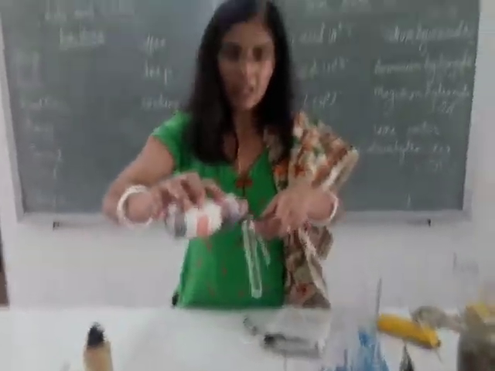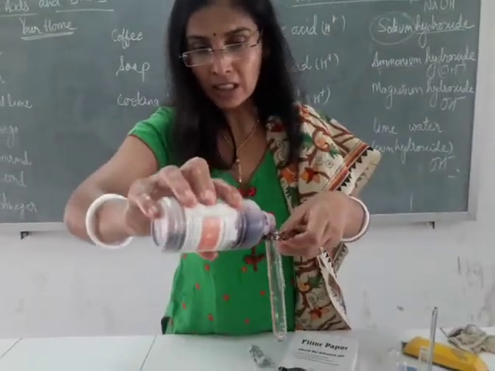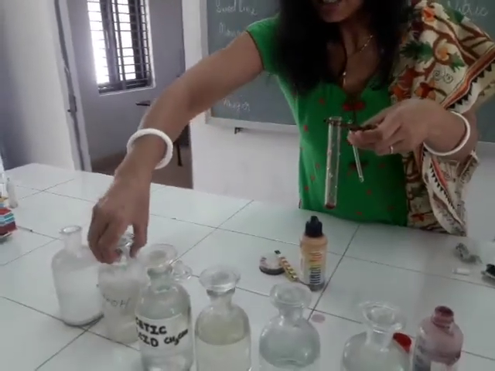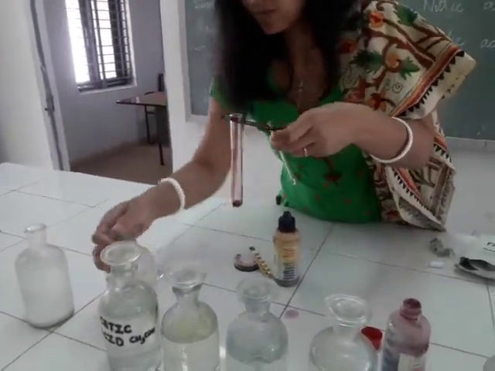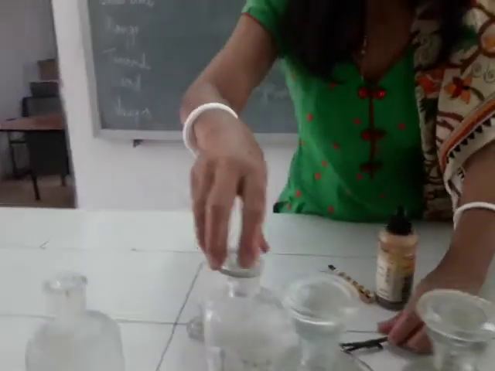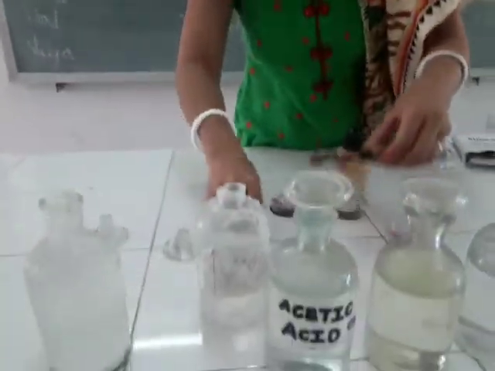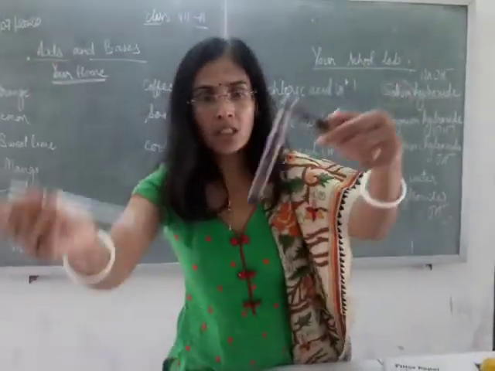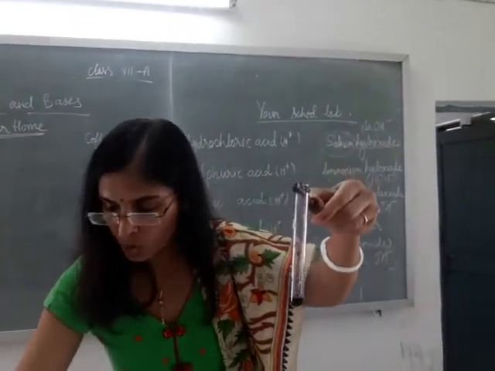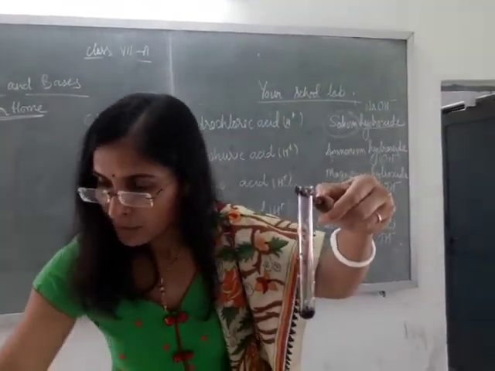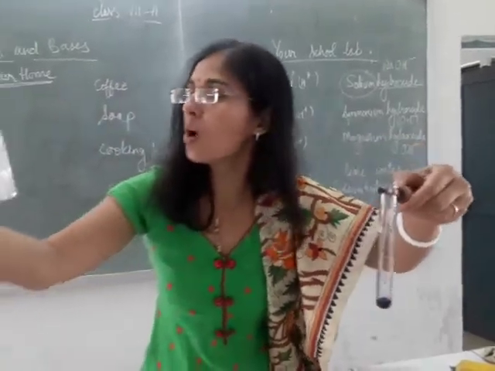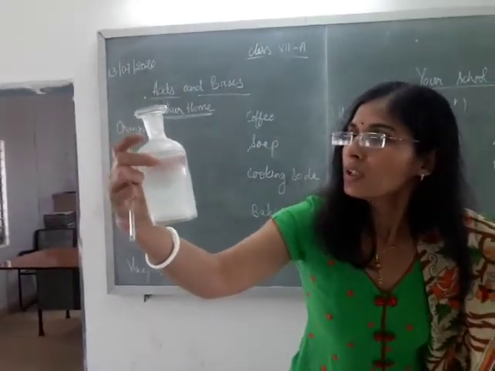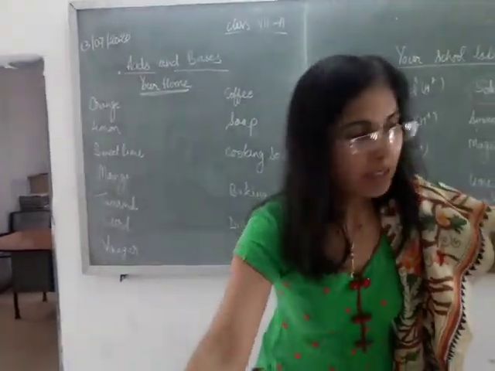Fine. Then again I will put a drop of red litmus here and I will test yet another solution. Let me do it. Yes, here it goes. And this one turned blue, red litmus turned blue, so this bottle again must be having some base. Now I shall read the label of this bottle. This is sodium hydroxide, children, and what was this? This is lime water, your calcium hydroxide.